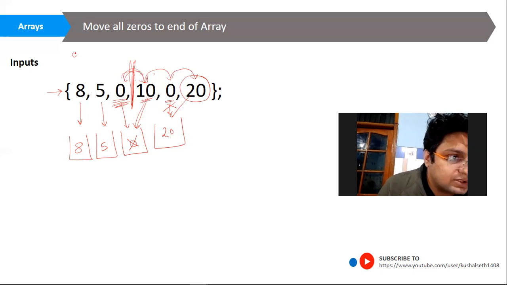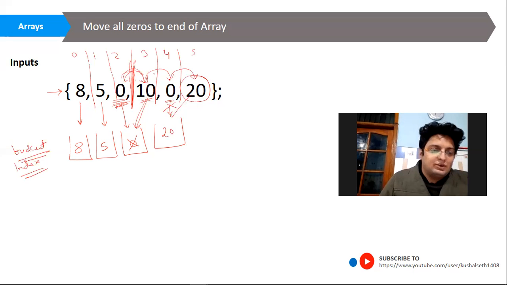Let me say that these are the indexes of the array, and this is my bucket. We will call it the bucket index. So basically what we are doing is keeping track of the non-zero position.